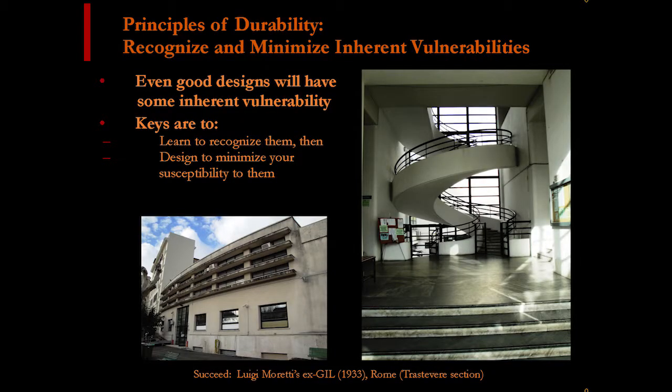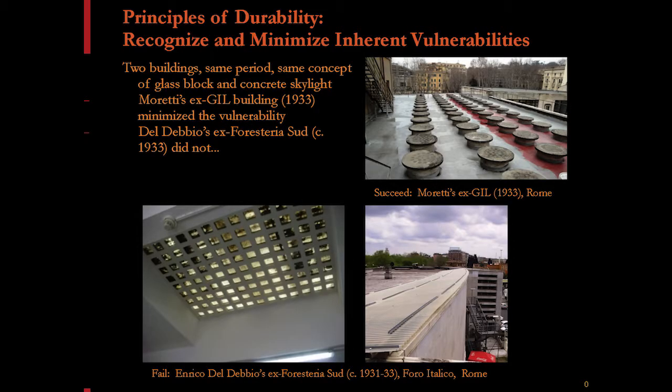onto the gym floor. And his contemporary and also his rival, Del Debbio, was designing a similar building in the Foro Italico, an athletic building in Rome, right at the same time. He had a similar idea. And so what Del Debbio did was he put the glass block skylights right on the main roof level. And so that's a photo of one from the underside. They're doing everything they can to try to keep these from leaking. They're constantly repainting them and dealing with them, and they're covered with mold. And so they're now giving up, and they had covered these with this translucent corrugated fiberglass to try to keep